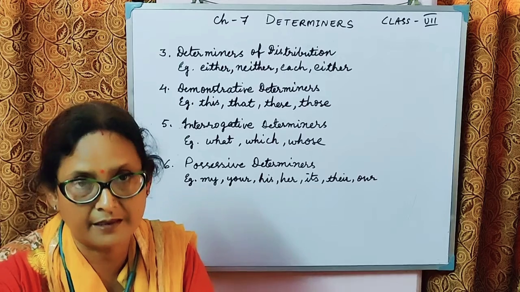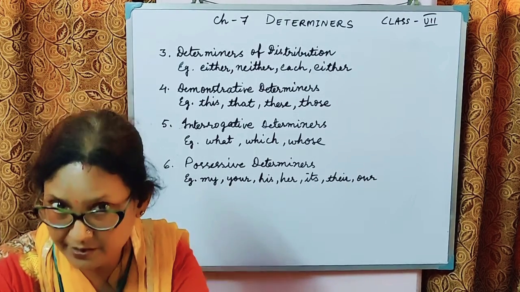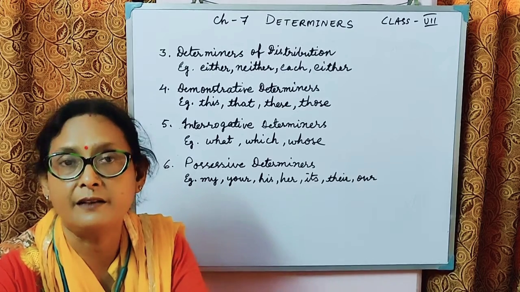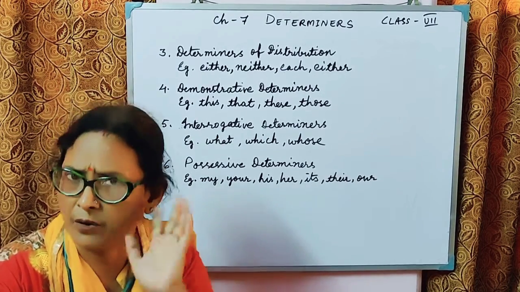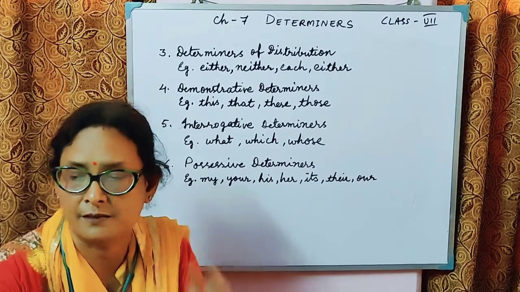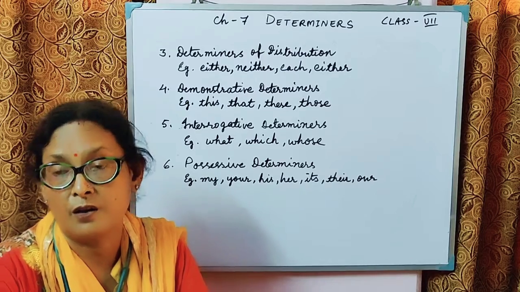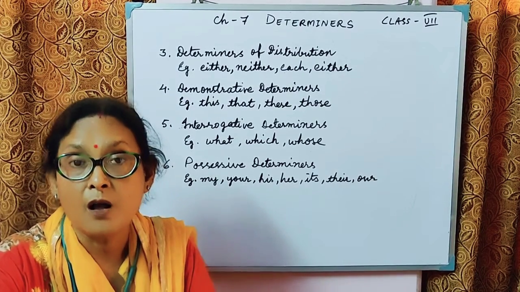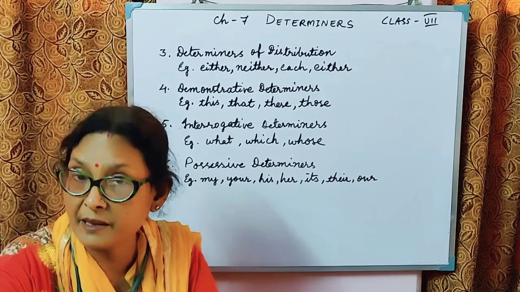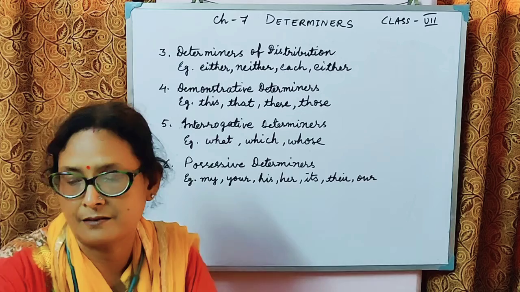So this is an example of this pen. You are describing the pen, you are demonstrating which pen you are telling us about. You are not taking the name of this pen, ink pen, ball pen, or whatever. You are telling this. Then, is that car yours? Here also you are not talking about the car that is blue, you are not naming the car either. You are just demonstrating by saying that.